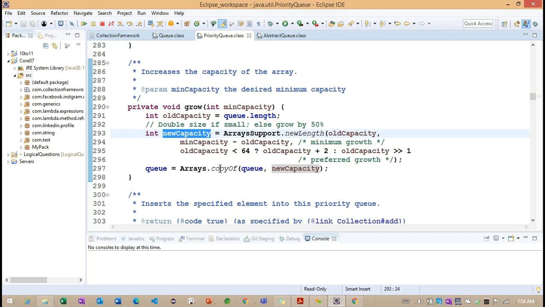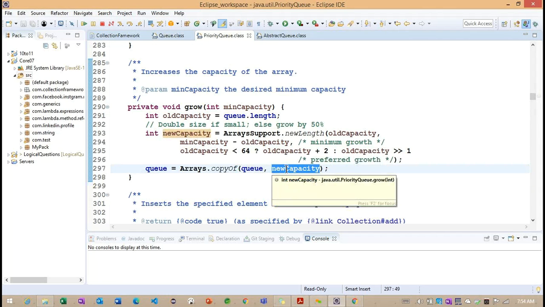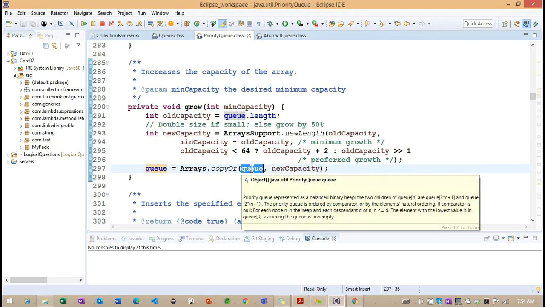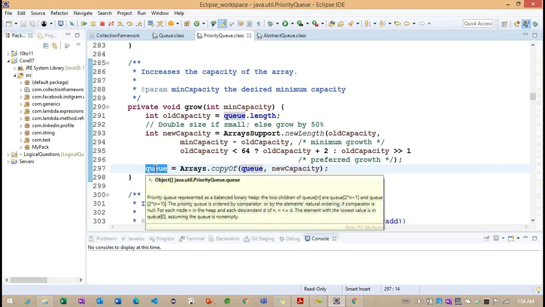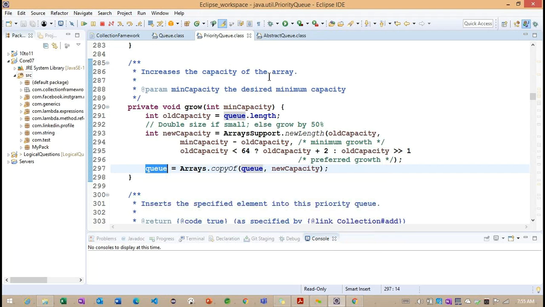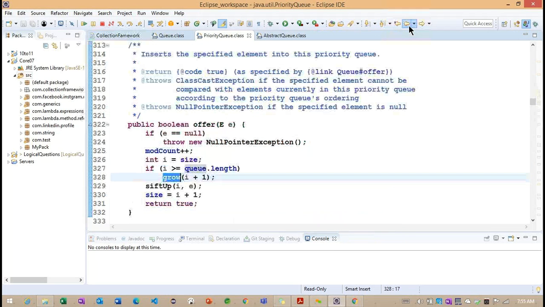Based on this new capacity, observe the copyOf method, Arrays.copyOf. copyOf is a static method. It will copy the object information into the new capacity. Based on this new capacity, all the objects are copied here. Now the queue is increased, the queue of this particular capacity is increased, and now we can store multiple values. Getting the point. Because of this condition,